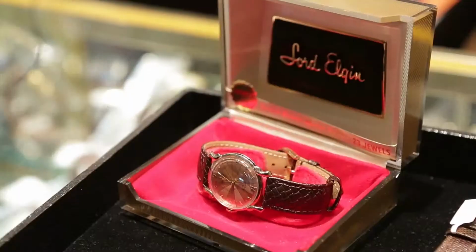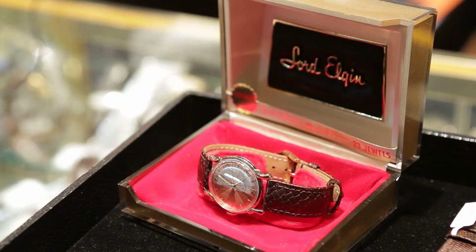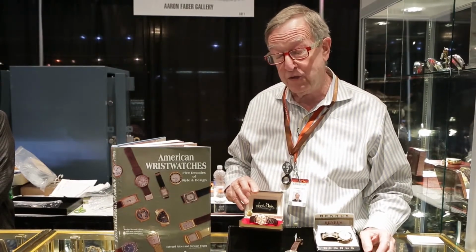Accutron by Bulova. This one is a very early Lord Elgin, and we are in Las Vegas, so it has a sort of roulette wheel effect. That's why I chose it. It's kind of cool. The Lord in all Elgin watches means the higher jeweling. It's 21 jewel. Here it's quite rare, both in the design format and the fact that it has 21 jewels